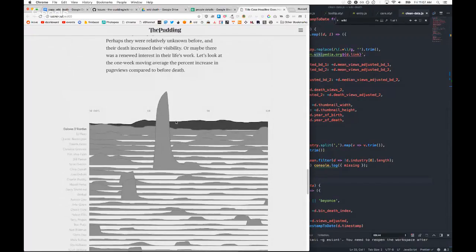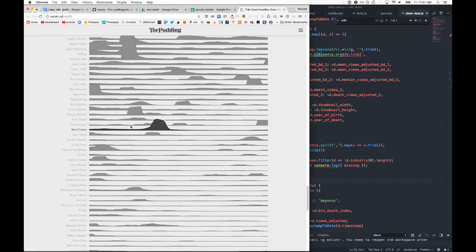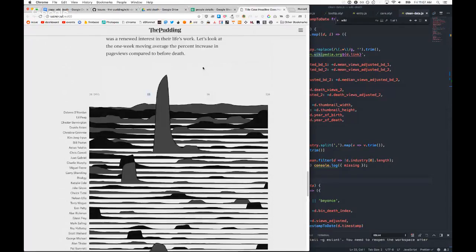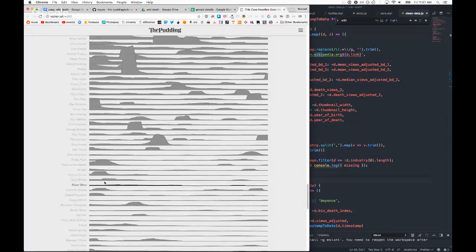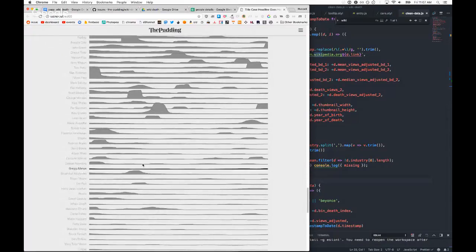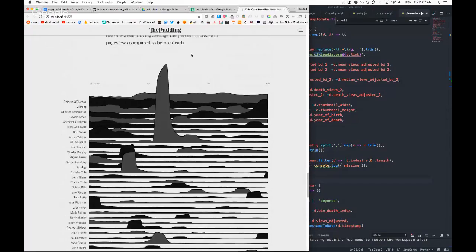Wes Craven had a very clear bump. Would you keep him in the chart still? That's why it might make sense to just do a tiny fake one with two lines.